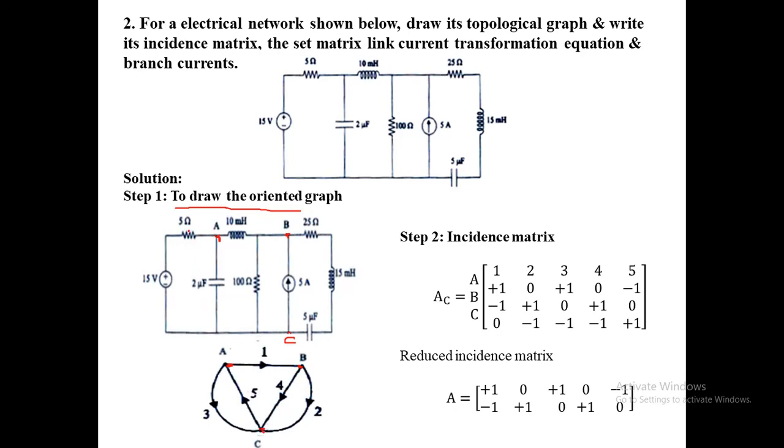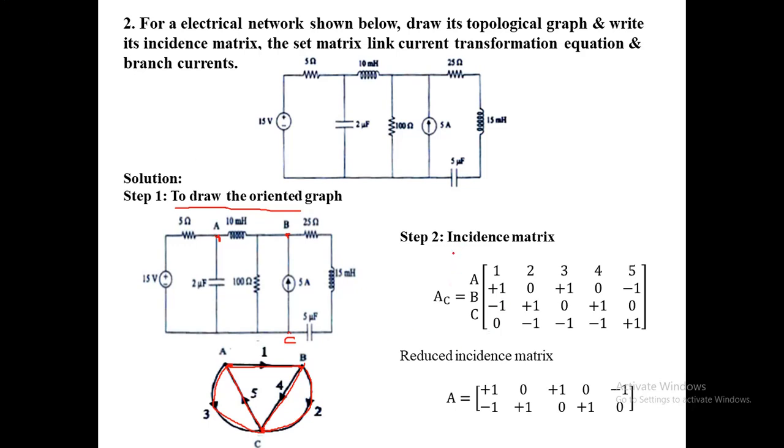Here we have to convert this circuit element into a single branch. We know that these two are connected in series, so I have marked this as a single branch. Next, this capacitor: we have marked this as a single branch. Next, this inductance: we have marked this as a single branch. Next, this resistance: we have marked this as a single branch. Here it is having a current source. A current source means, we know, open. No need to consider this current because it is open. Next, these three are connected in series, so we can consider this as a single branch.